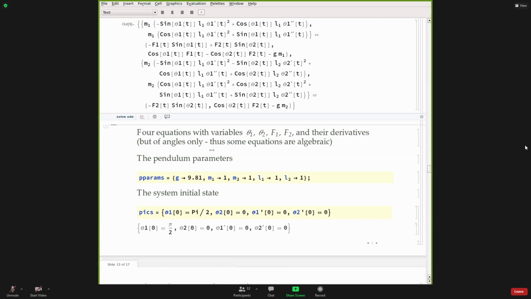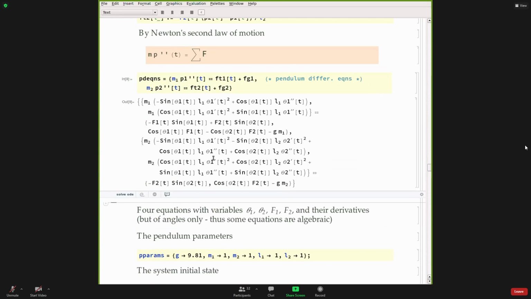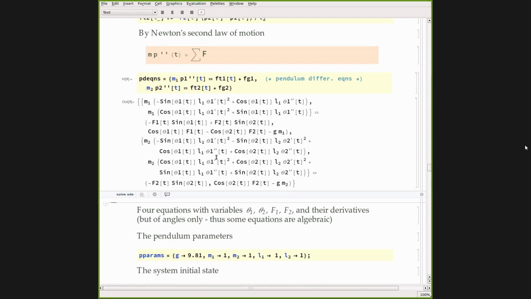This also shows the way I would recommend you to work with differential equations which are models of some systems, because usually we have some parameters for such systems. Usually we would like to run the simulation for different initial conditions,